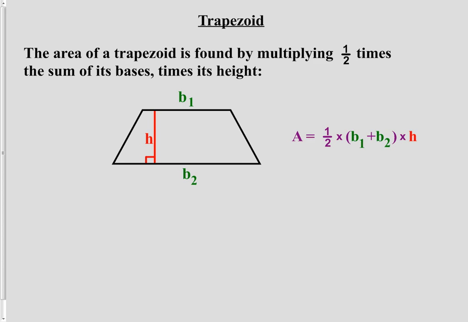Now, a couple of things to keep in mind with this formula. You have to add the bases together, so you better know which sides the bases are. Do not fall into the trap of always thinking that base means bottom, because in geometry it does not mean bottom. With a trapezoid, the bases are the two sides that are parallel to each other. If they happen to be on the top and bottom, then they are on the top and the bottom. If they happen to be left and right, then they're on the left and right. They could be diagonal. They could be doing just about anything. As long as they are the two sides that are parallel,